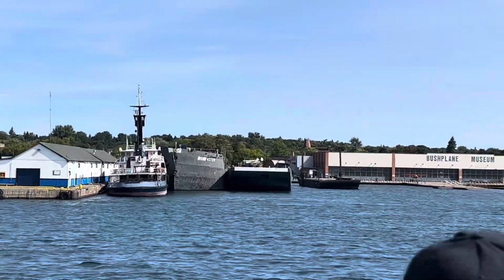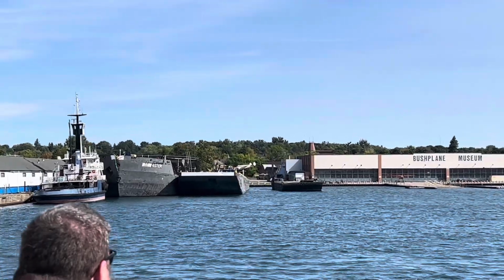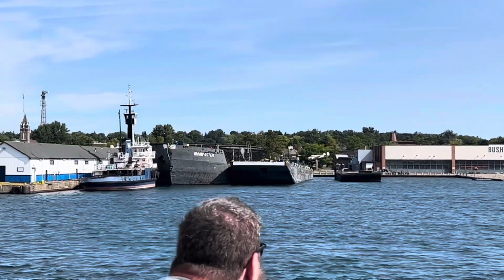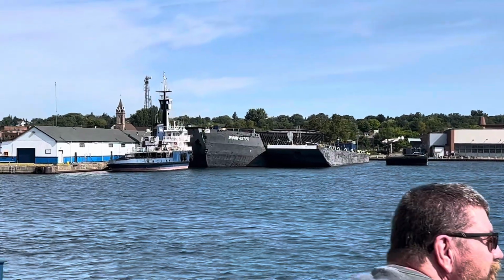Gross. And then we got the Ontario Bushplane Museum there, opened in 1986. That museum contains many restored aircraft as well as a complete history of the Canadian Forest Fire Service. Firefighting seaplanes were first used in